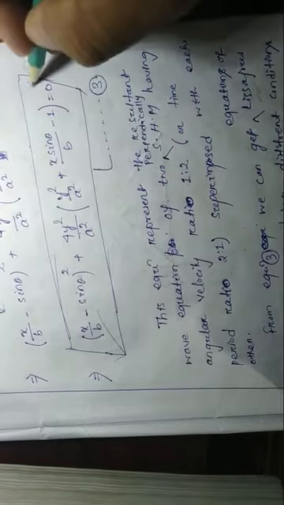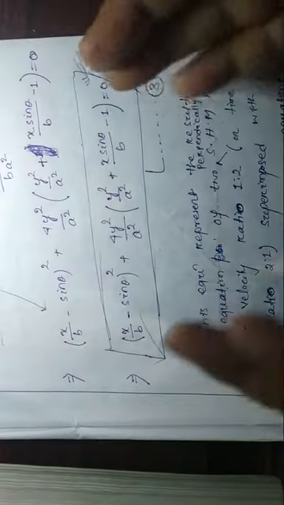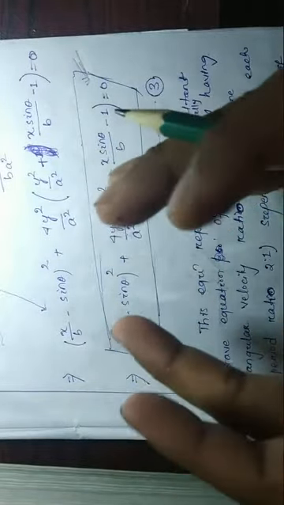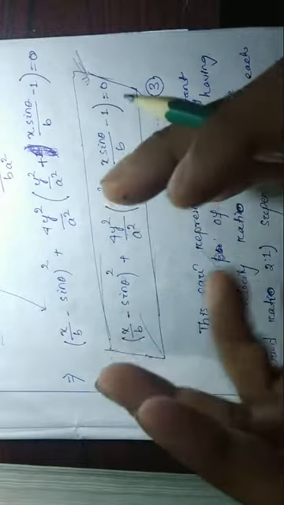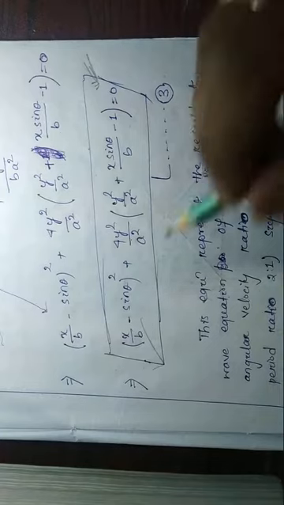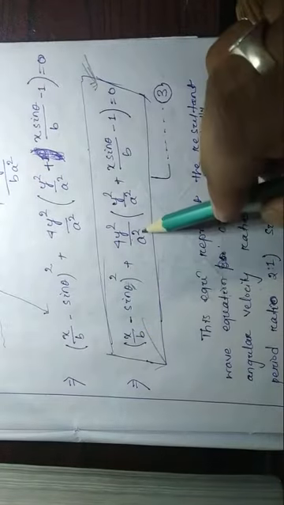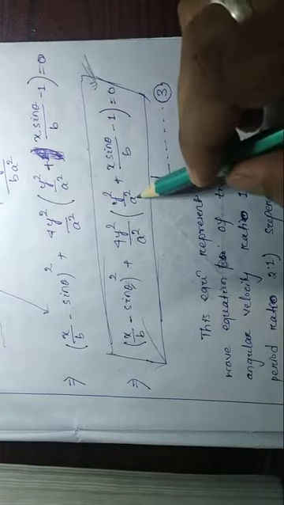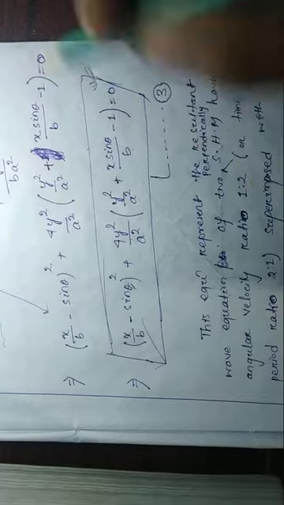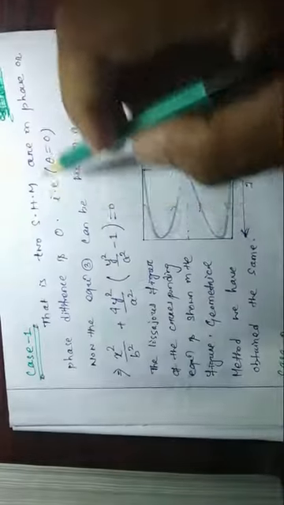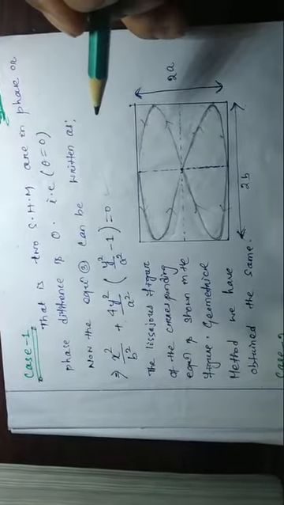So as this is a general equation, whatever we have found when two simple harmonic motions having angular velocity ratio 1:2 are superimposed with each other, the corresponding Lissajous figure can be considered on the basis of the phase and on the basis of A and B. Also, whenever we vary the phase difference theta and also A, B, the Lissajous figure will also vary.